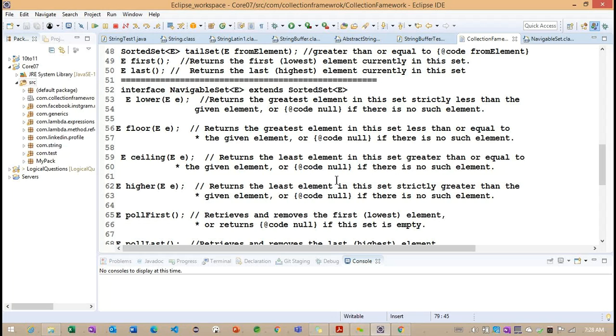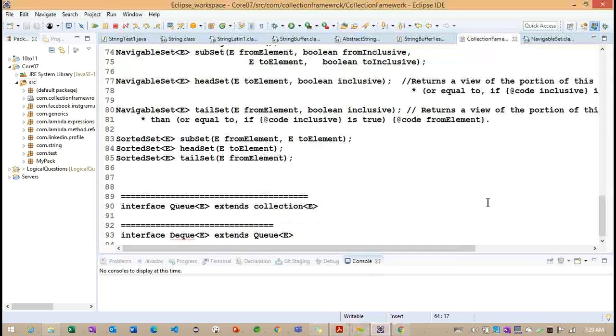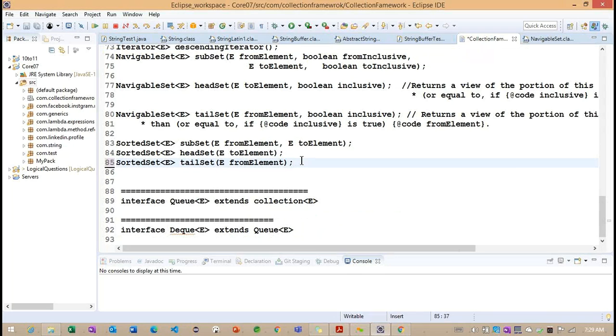Anyone having any questions? Okay, we don't have any, so what we can do is go to the queue interface.